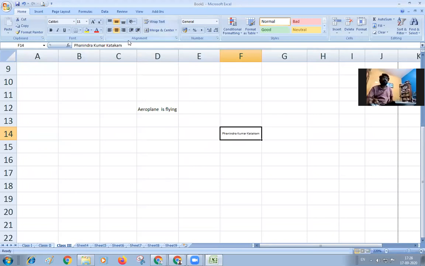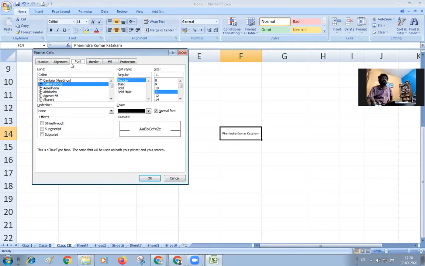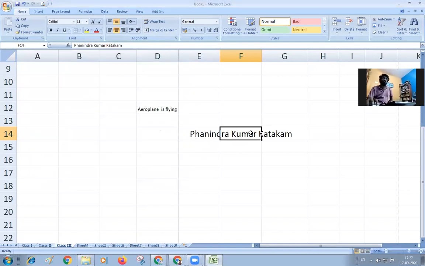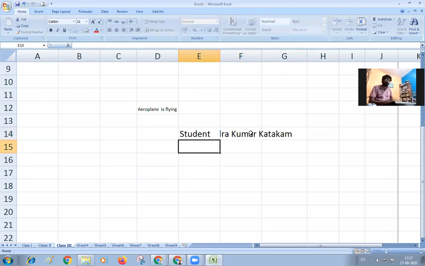That's the option given in the text, and font and alignment are the options we are going to see. Wrap text, shrink to fit, and merge cells are very important. If you remove the option, you can see it goes across 3 columns, so 3 cells. But actually it should be for only 1 cell. When I am writing something here, I cannot get the data shown if the next cell is not empty. If it is empty, then it will show the data.